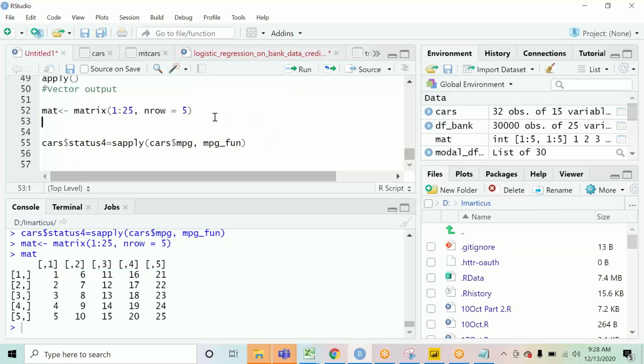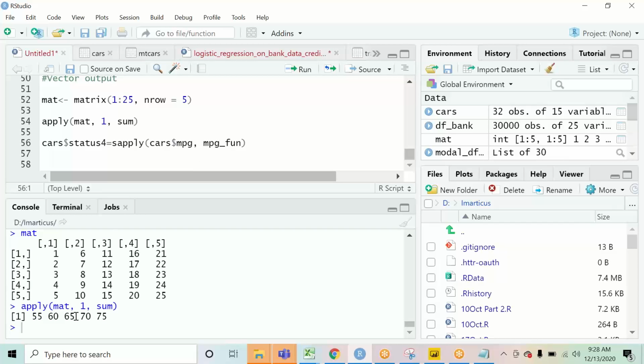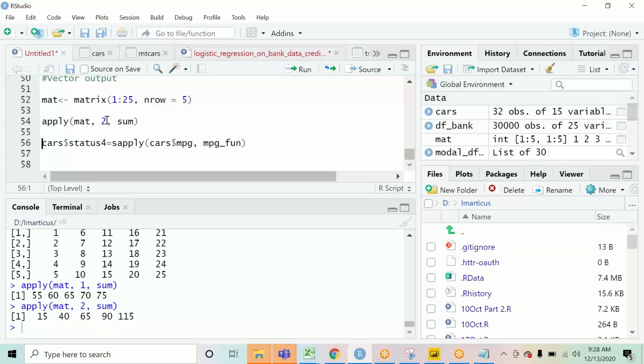Okay, so what I can do in this case is I can simply say apply, this mat is my input. I want to apply my function row wise. For row we put 1, for column we put 2, and I want to sum it. See, so it gives me a vector of all the sum. If I put 2 over here, it will give me the sum by column wise.